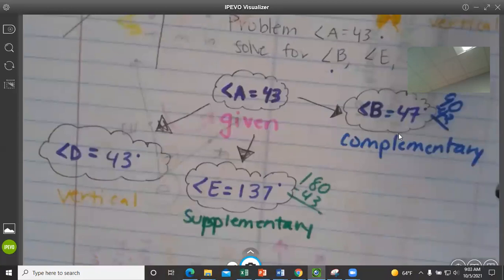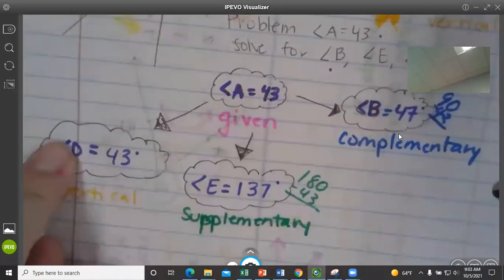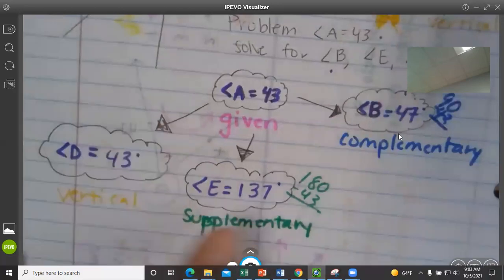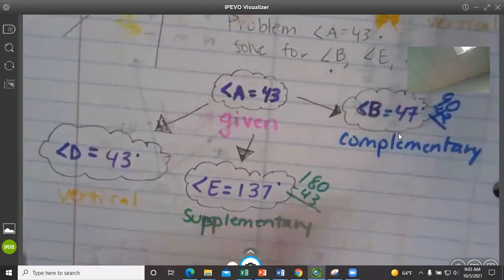So everything you were just doing, same thing that you were doing on the Do Now. I asked you for the type and I asked you for the numbers. You're doing the same thing here, just with arrows, and then you're just putting the answer in the cloud and the reason underneath it. Okay. So,